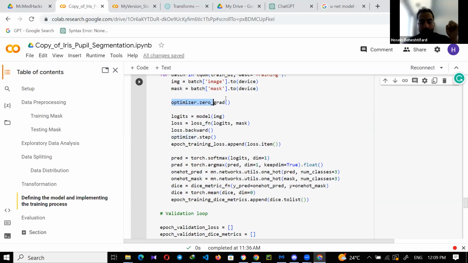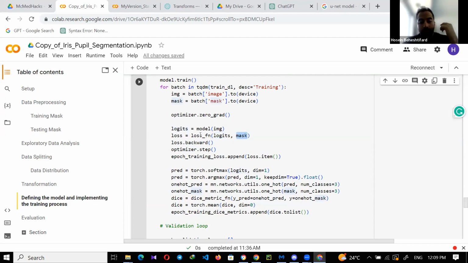And this is for making every gradient that we have zero. Firstly, we make them zero, then calculate them, update, and make them zero again, so we don't affect the next iterations. And we predict, so we pass the images to the model to predict the result. From the loss function we have, we compare the mask with our predictions,